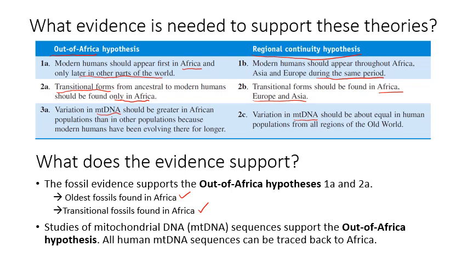And they've actually analysed our mitochondrial DNA in modern humans, and they are actually able to trace back every human's mitochondrial DNA sequence to a population that once existed in Africa. So that supports that idea that all humans have originated from a population in Africa, not that we have originated from different populations scattered throughout the world. If that was the case, we would expect to see some sort of variation in our mitochondrial DNA,